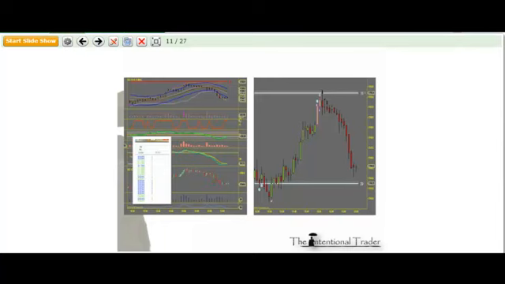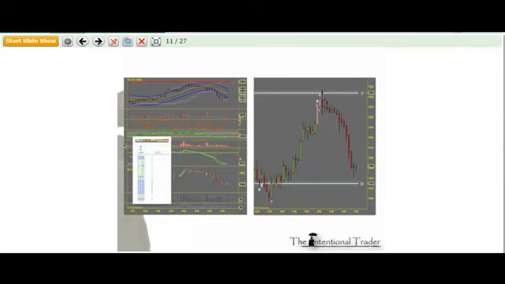Now, confluence in and of itself is not necessarily just a good thing. If you're gathering information and using essentially the same source of data, but maybe using different indicators for that source of data, for example, using price, and you use 5 different indicators based on price, do you have truly confluence, or are you just looking at the same data maybe a few different ways?